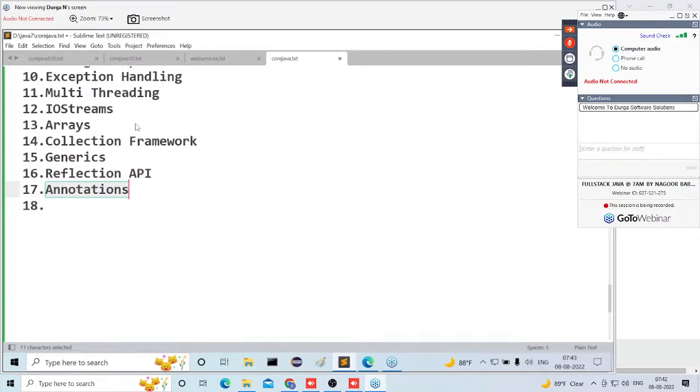The overall study of annotations we are going to understand inside core Java as part of this topic. For example, at the advanced level, if we prepare a servlets application, we will directly say we will use this annotation for this particular purpose, that's it. But we are not going to talk about what an annotation is, what the requirement was to introduce annotations, how to declare an annotation, how to access the data from an annotation. All these concepts will not be covered at the advanced level.